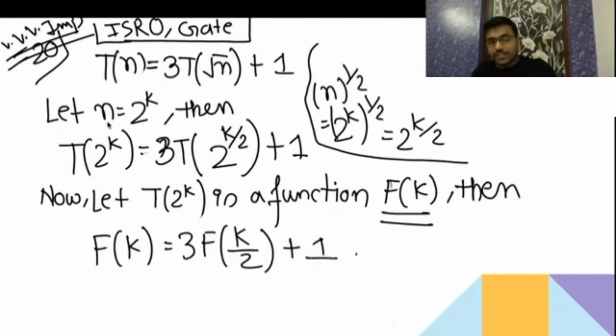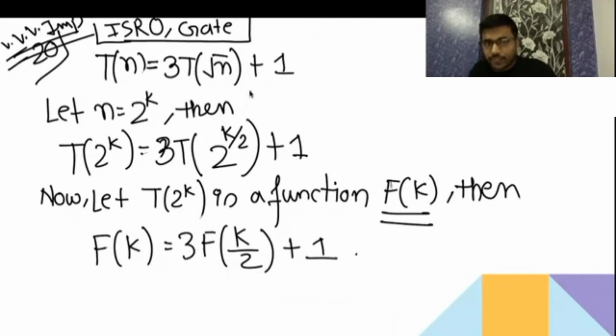For all the questions like this, you have to assume first n equal to something in 2 to the power m or k or anything. Then you have to substitute in place of n these things. Now you have to assume this as a function of something that is in the power, a function f(k). So if you are getting T(2^k), it is going to be f(k). Then 3T(2^(k/2)) is going to be the same, so that k by 2 is now the function f(k/2), because whatever is in the power is going to be here. We also require the value of k after that. So k is going to be log n base 2.